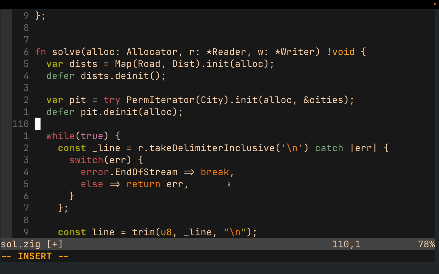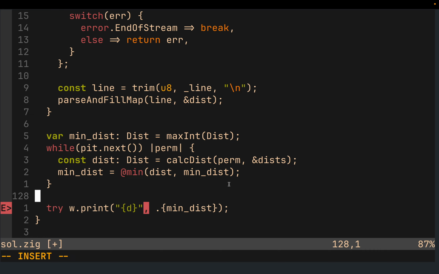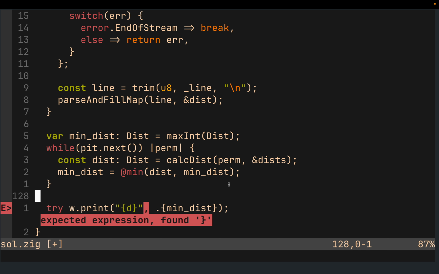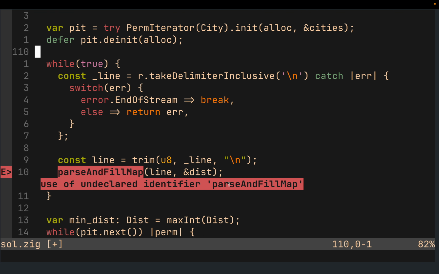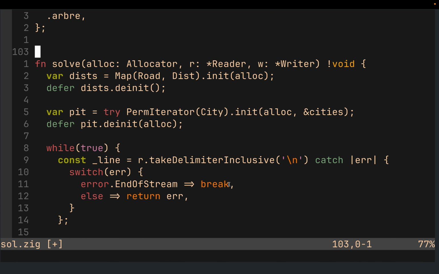Okay, so we have this one. This is not going to compile because we need to define calculate distance, and we need to define parse and fill map. So let's do that. Calculate distance is pretty straightforward. You iterate over that list, construct a road from the elements in that list, pull the distance from the map, and just add it up. So I'm sure you guys can do this part, right? So instead of talking about what I'm typing,